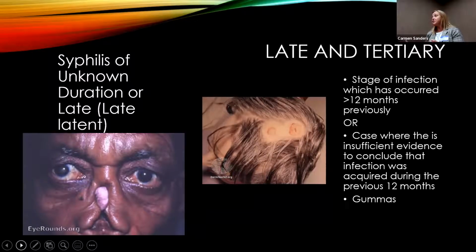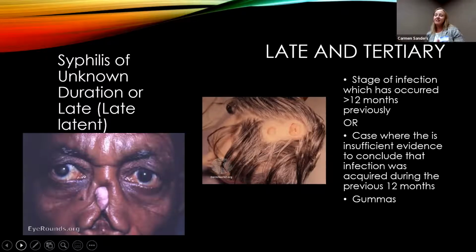And it can be actually years down the road from that primary infection. We also, if we are not able to figure out with our patients, say they haven't been into the clinic and had a syphilis test in the last 12 months, they've had sex with several partners and they don't know if any of them are positive, those kinds of things. If we can't nail down a specific indicator that this person has had syphilis or an exposure to syphilis in the last 12 months, we treat it like a late case, because it's very important, obviously, by the pictures, that